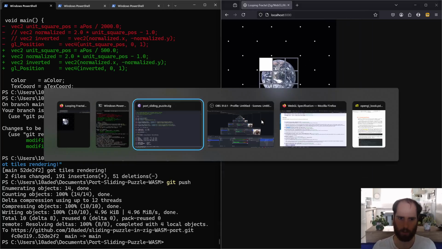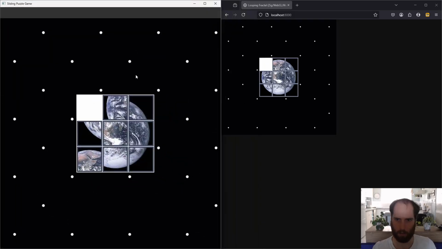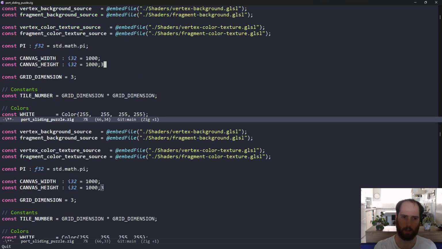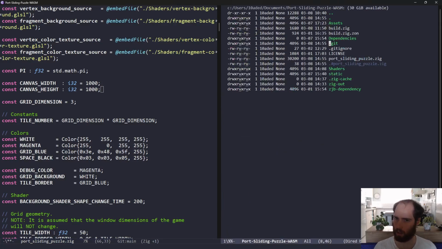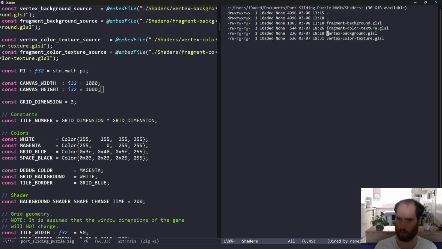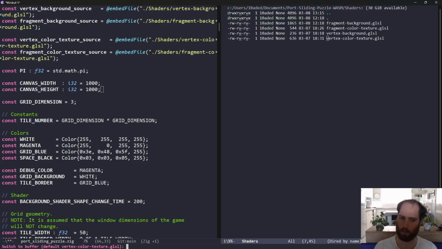So yeah, let's change the size of this. This is so tiny. Change it back to 1,000. Make it 1,000 by 1,000. This means in the fragment shaders, we have to change some of these again. That one's fine, but this one, change it back to 1,000. And then